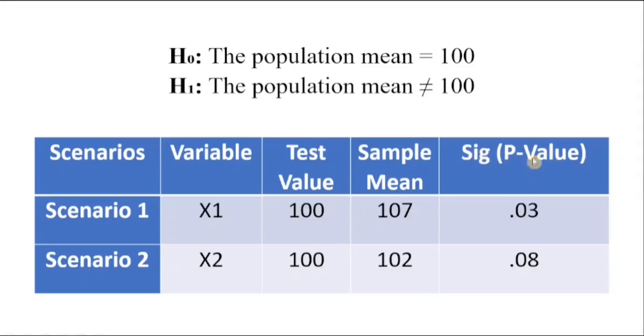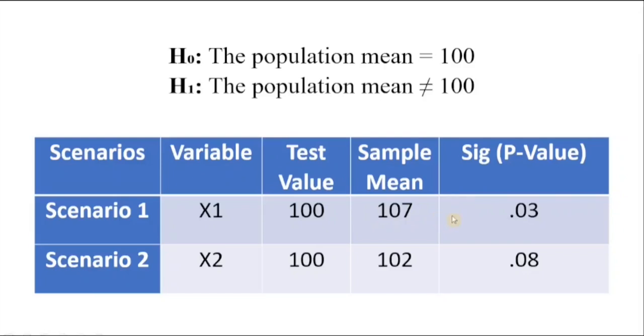As you can see, the p-value for variable x1 is 0.03 and is less than 0.05. So, according to the general rule, if the p-value is less than or equal to 0.05, there is statistically significant difference. It is only at this point that you can agree that there is a difference between the sample mean and the test value. Now, the decision to take at this point based on the hypothesis will be to reject the